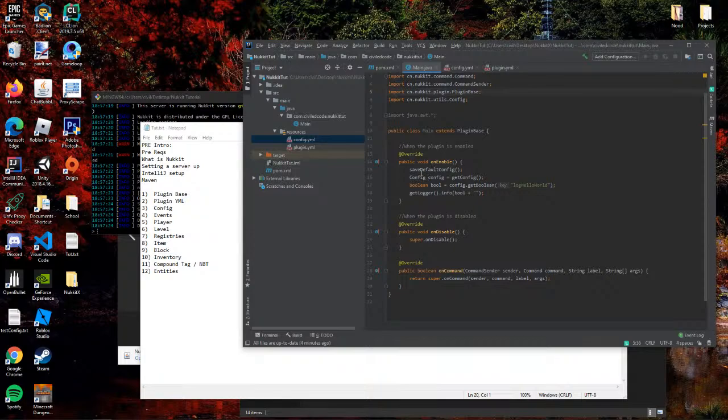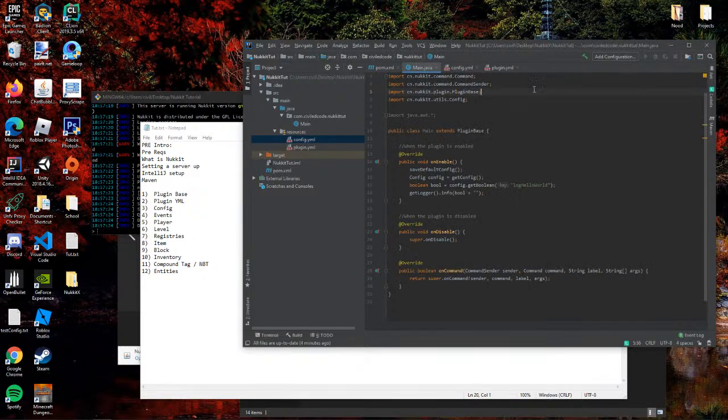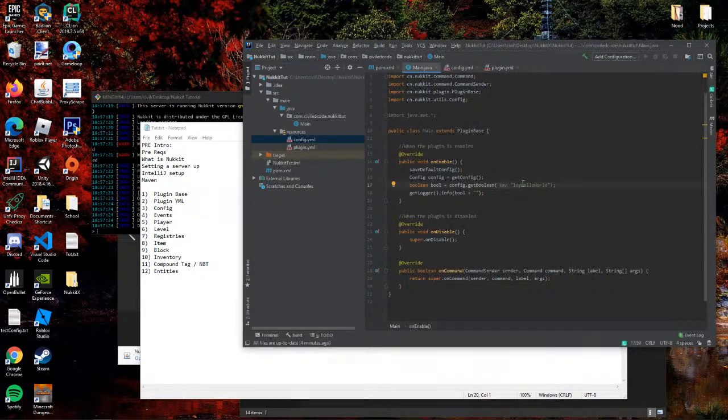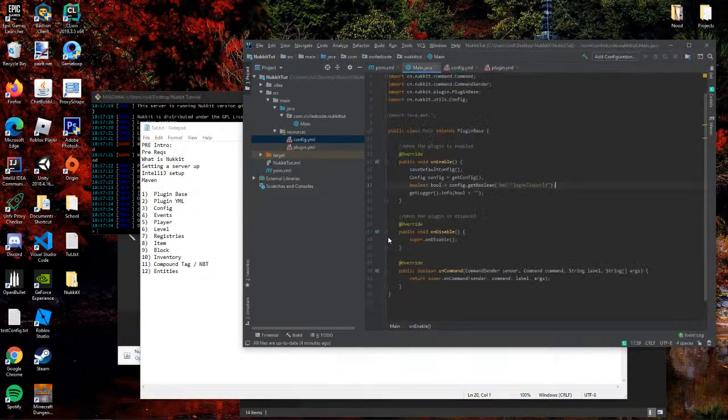So whatever you have inside of here, it'll just copy and paste that inside of your plugins folder, and then it loads it, gets the configuration, gets all of the values from it, and then you get a boolean called that from the configuration. So in that case it's logHelloWorld, and then we're going to just print the value of it. So if we did everything right, it should print out true. So if we build this,